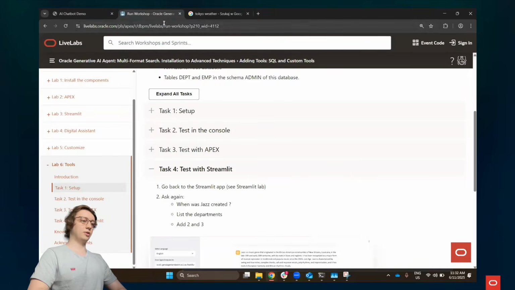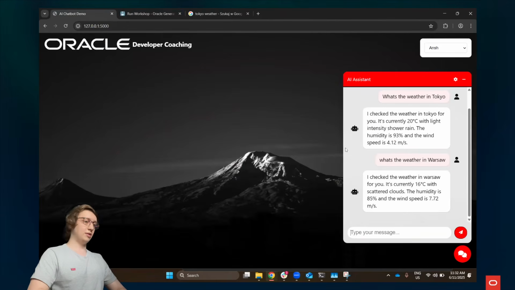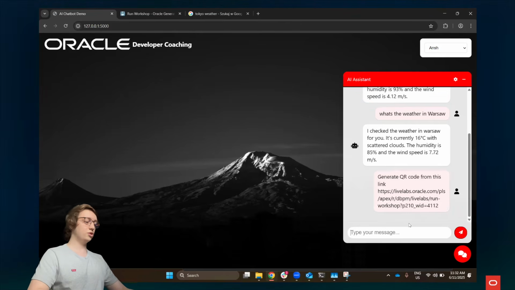What we have prepared for you is a live lab, and if I ask a question, generate QR code from this link, and I paste this link, our agent will process this information and convert our query to a QR code.